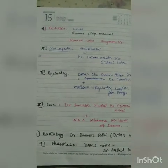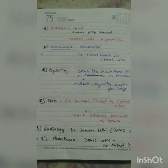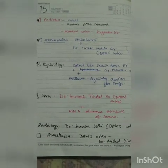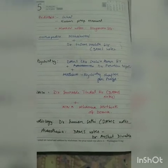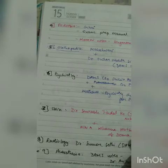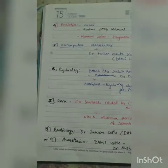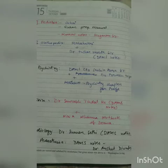For Psychiatry, you should use DAMS notes. Psychiatry is not a big subject in the prof exams. Hardly 1 or 2 SAQs, short answer questions, are asked, but from an MCQ point of view, if you have plenty of time, like 6 months left for exam, or you are just starting your final year, then you should use Dr. Sachin Arora sir's DAMS notes or Dr. Praveen Tripathi sir's notes, along with Matthew's first psychiatry chapter for your prof exams. Some specific questions are asked in prof exams that are given in Matthews,